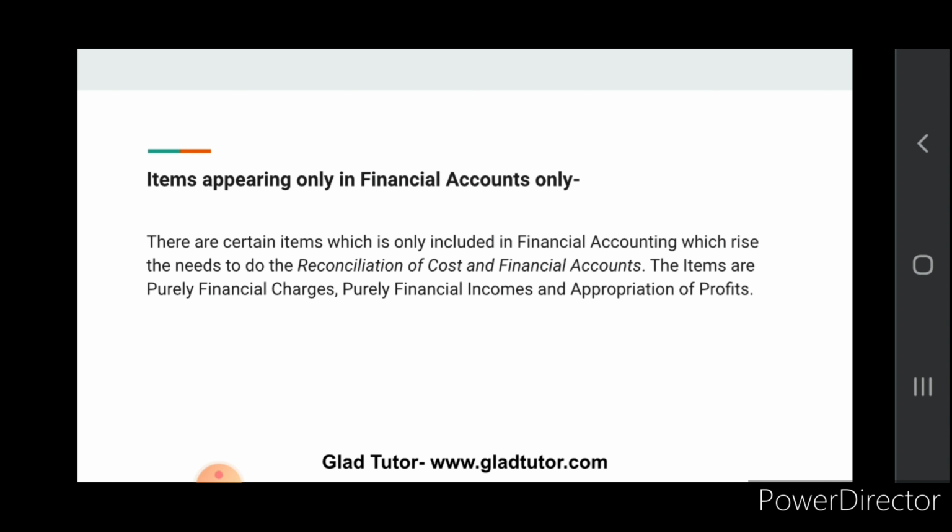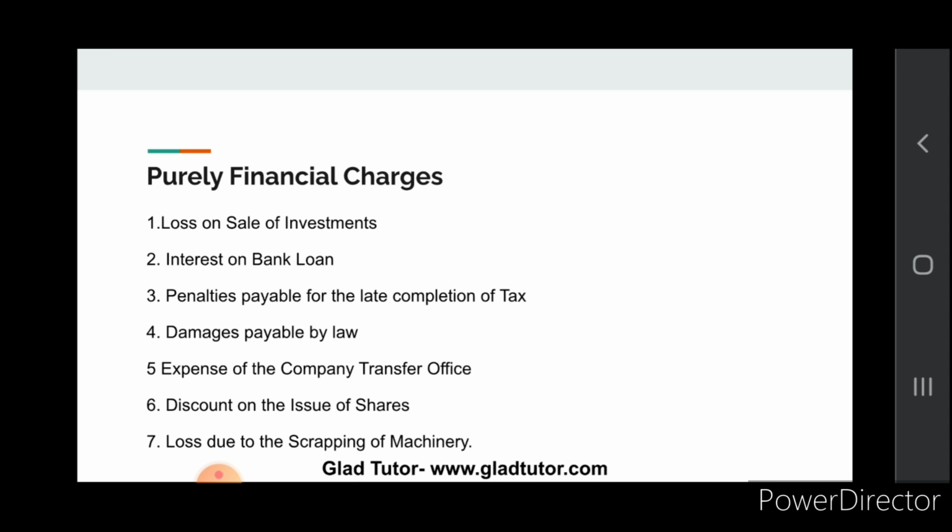Now come to the items appearing only in the financial account. This is also another reason. There are certain items which are only included in financial accounting, but in the reconciliation we have to include them in cost account also. So the items are purely financial charges, purely financial income, and the appropriation of profit. So purely financial charges are the items which include: